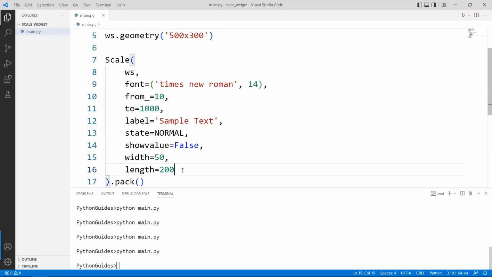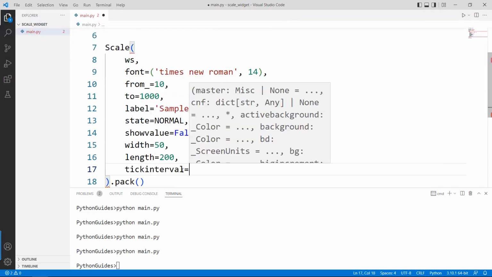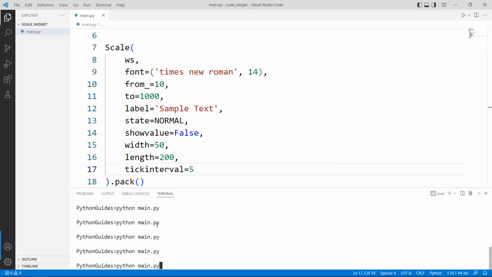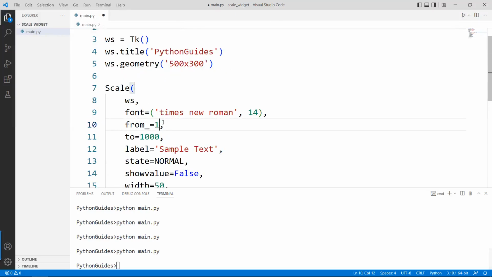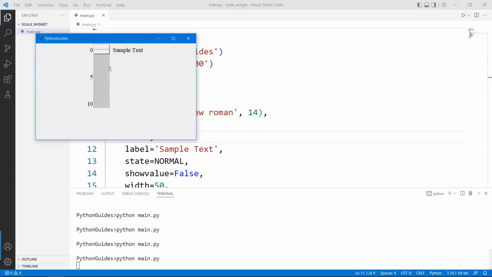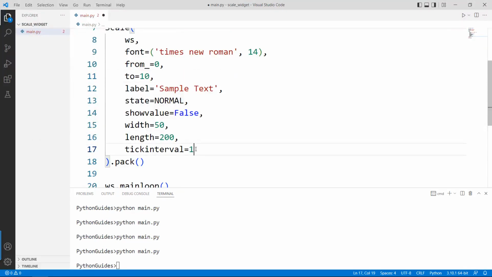You can also provide tick intervals over here. So let's say tickinterval, if I give it, let's say, 5. Now you can see that there is a scale marking over here. Let me reduce the numbers from 0 to 10 only. Now you can see that there is a difference of 5 over here. If I give a tick interval of 1,